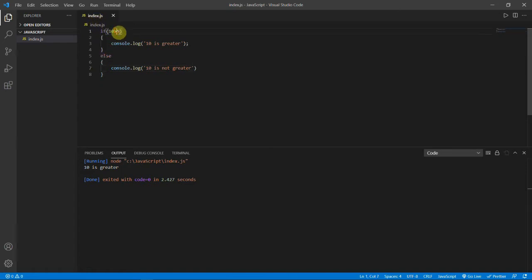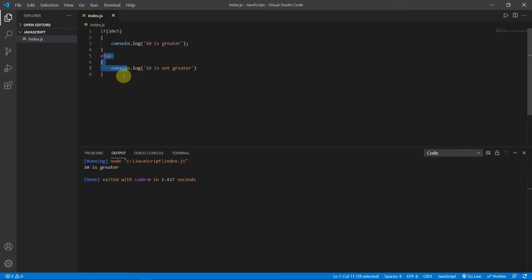Now we will change this, and we will see that the else part of the code works. Basically, if the condition is false, the else part will work.